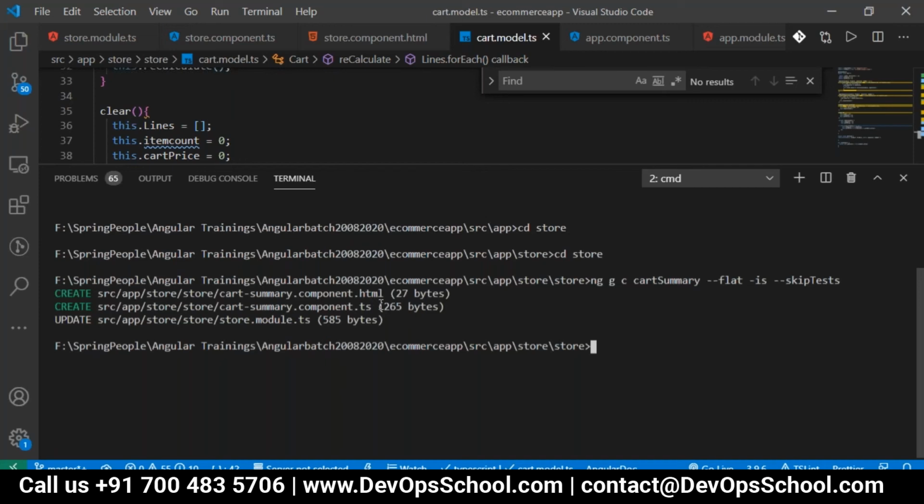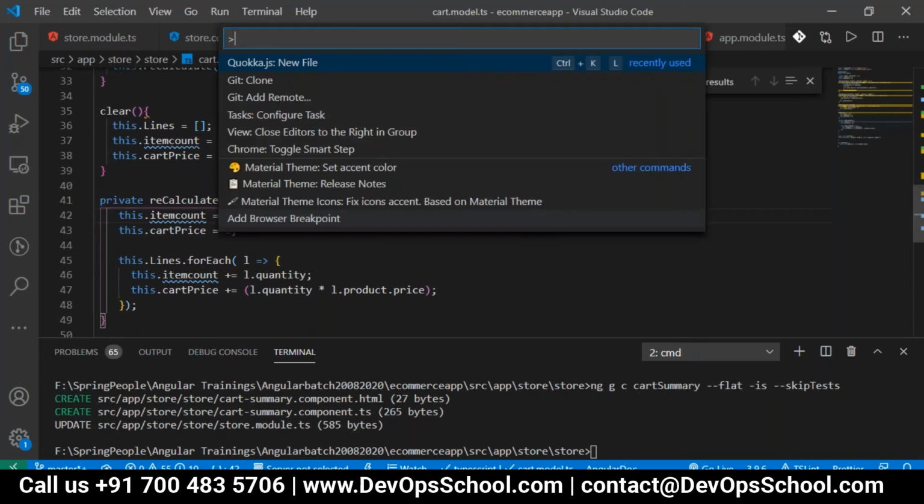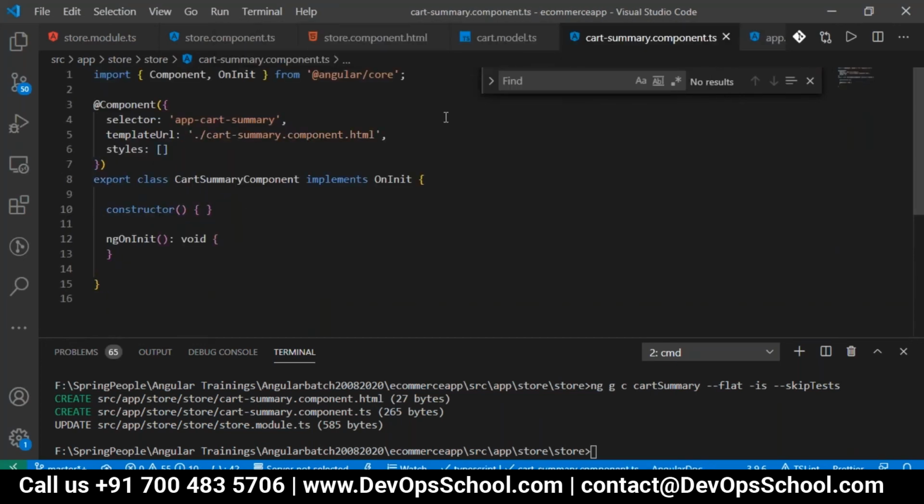So have you created the component? Okay. Let me open the cart summary component TS. First, I require the cart model TS we have worked on. So we required it. I will just remove all this implements OnInit.